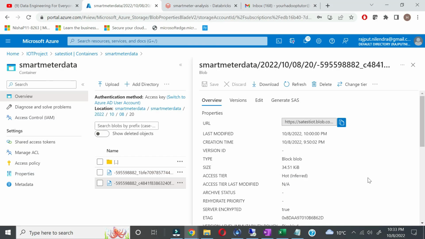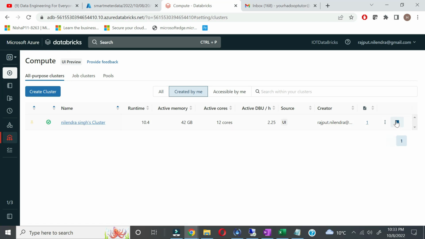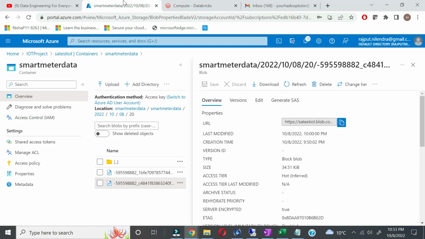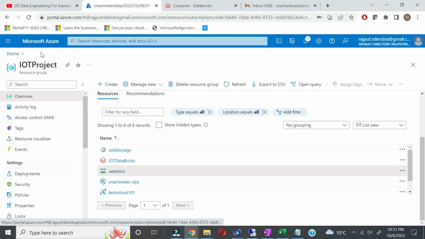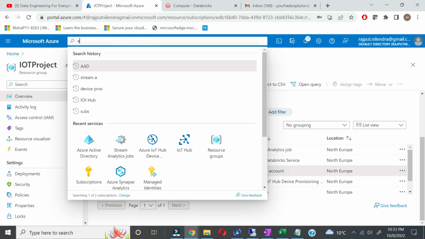So now since we have done our Databricks computation, what I would prefer is to stop it. We don't want to waste our money, so just stop it. Next thing we will be doing, go to your resource group and do here Event Hub,